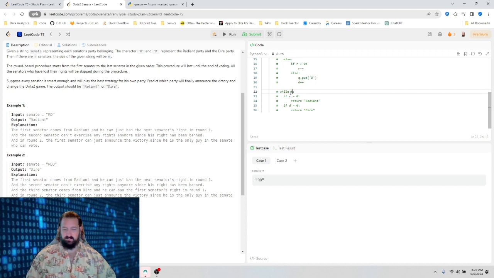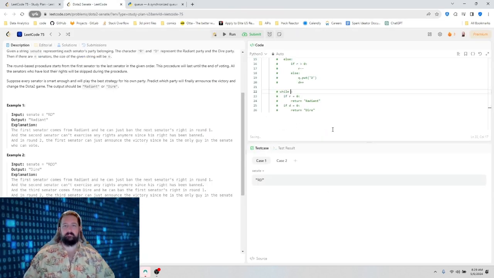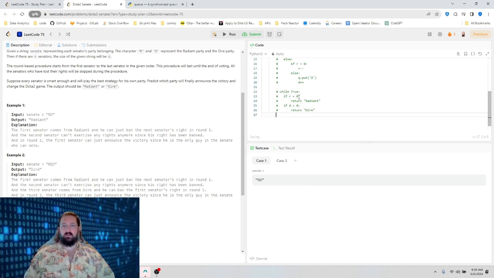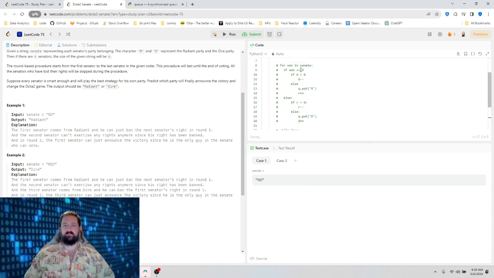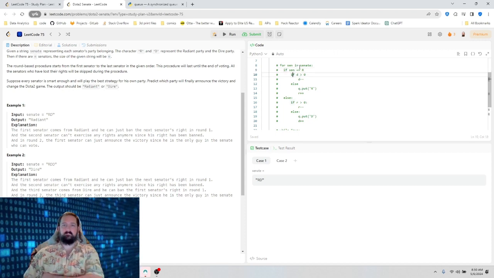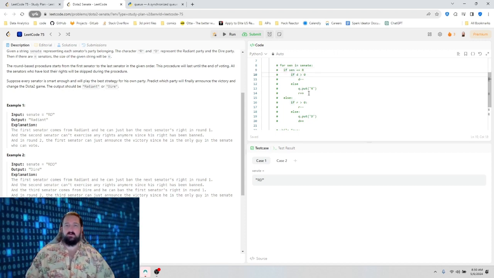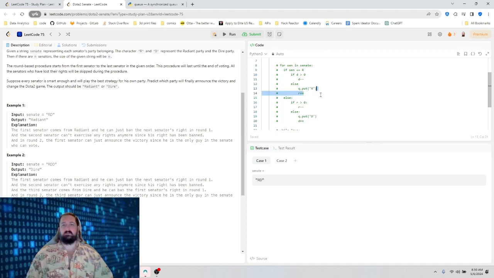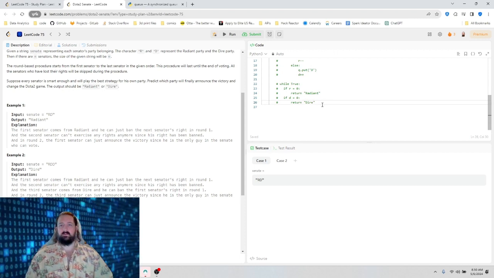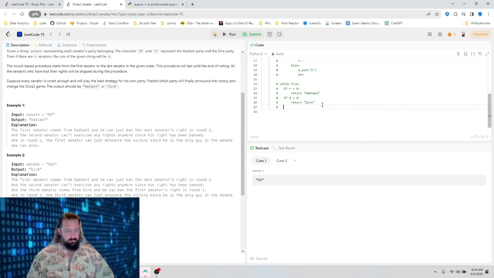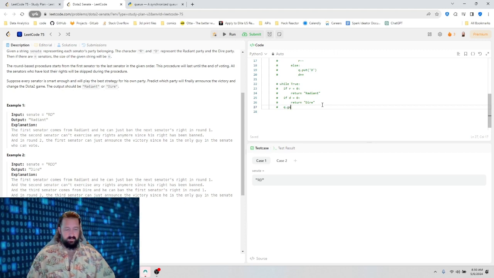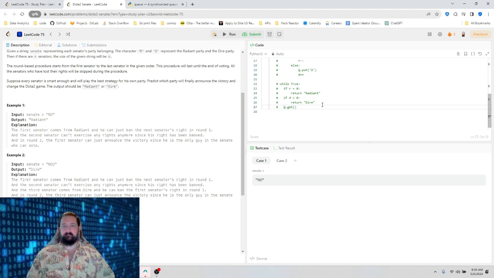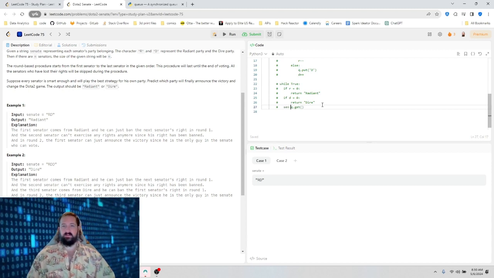So actually I can just do while true. And then here we're going to do the same thing, except we won't need to. Here we're going to q.get, we get the next guy in line, and set that equal to sen.